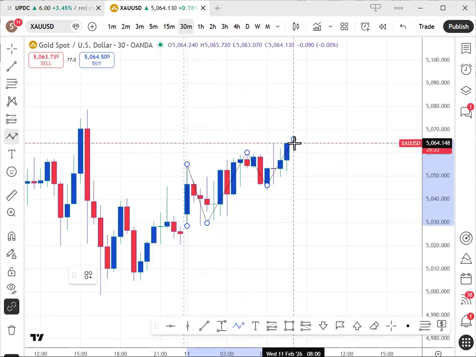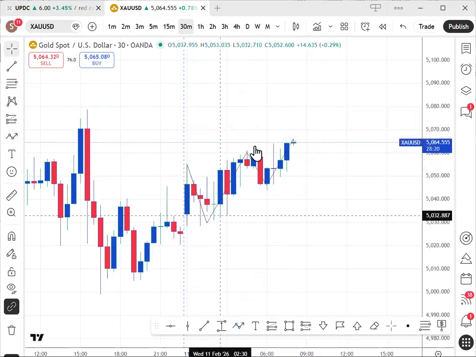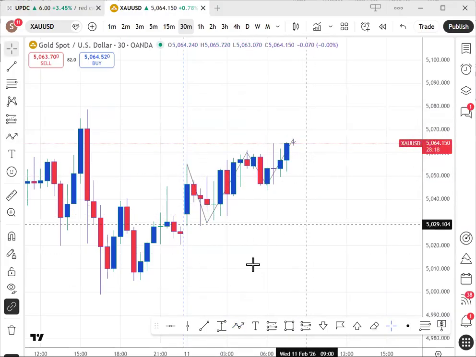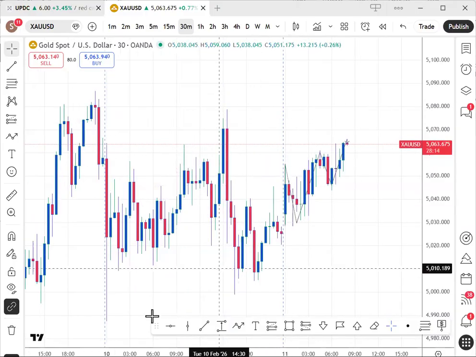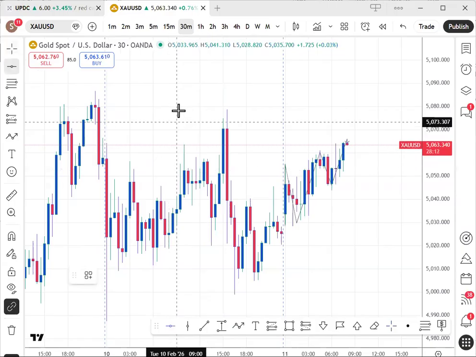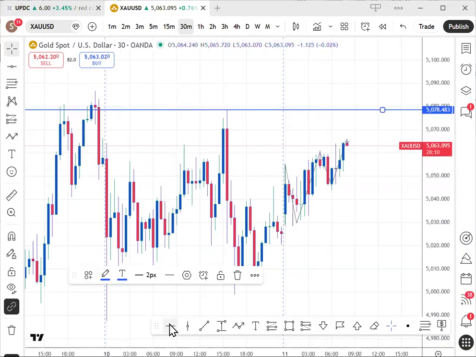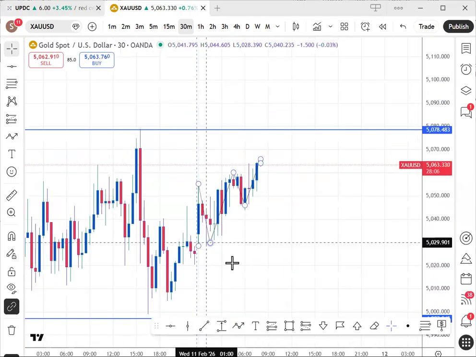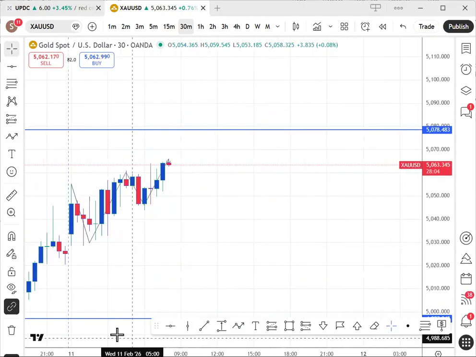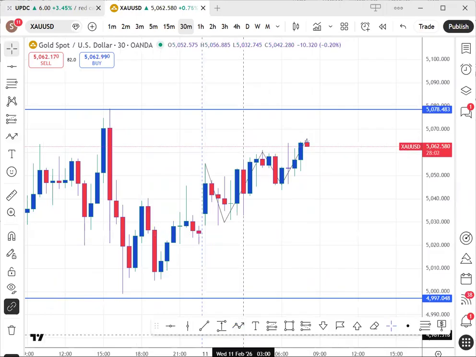Okay, so price is in the beginnings of a small trend, right? Even though overall you can still see that this whole bit here is still a big range, a very big range, but it's showing us signs that it wants to continue to push up.